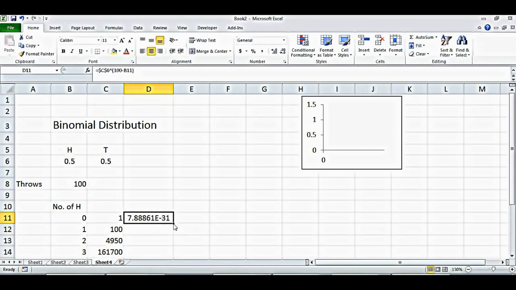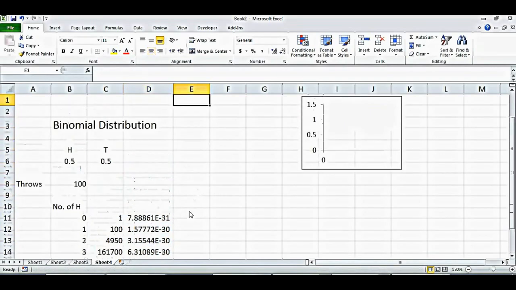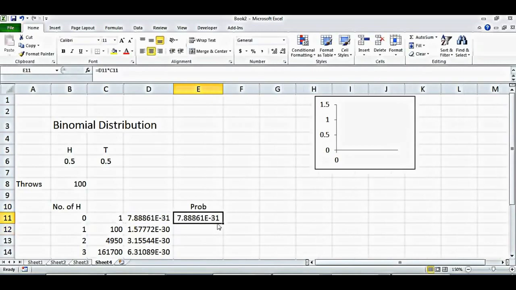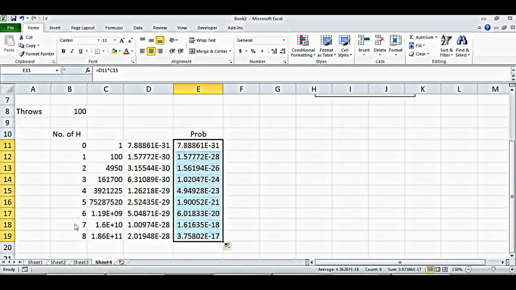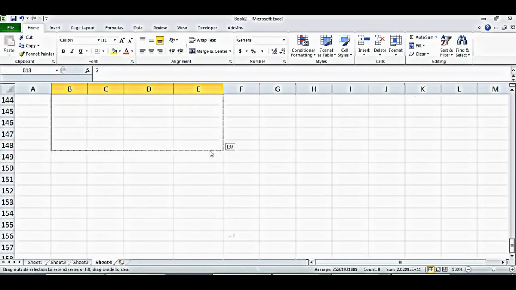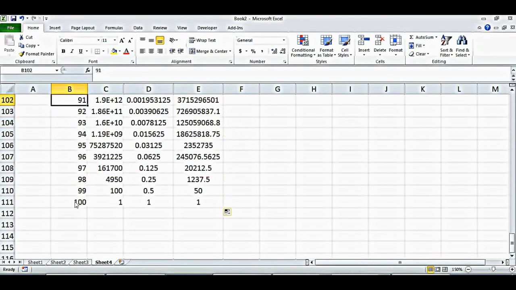And then we can do this same way here. Now, to get the total probability, we'll say total probability of getting 0 number of heads is equal to this into number of combinations. So this is your probability, and then we can also plot this like this. And then now let's do the same thing for 100. You can see that now we have almost 100 throws. So if we go to 100 throws,